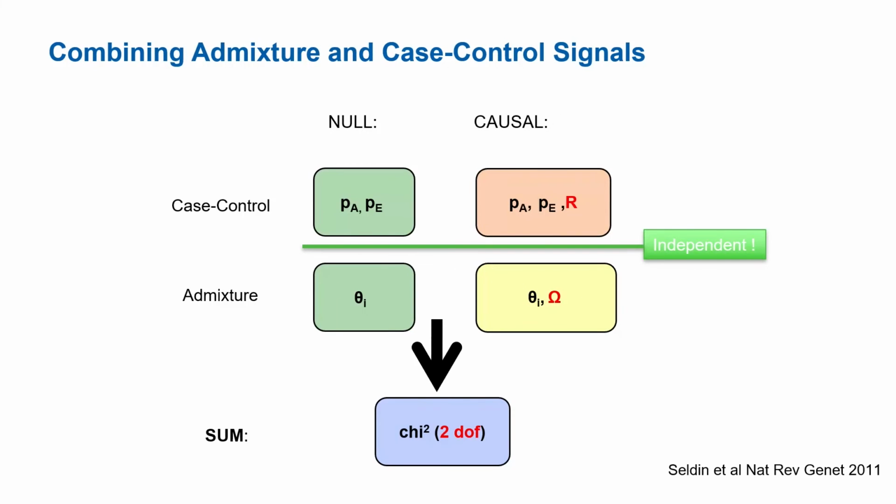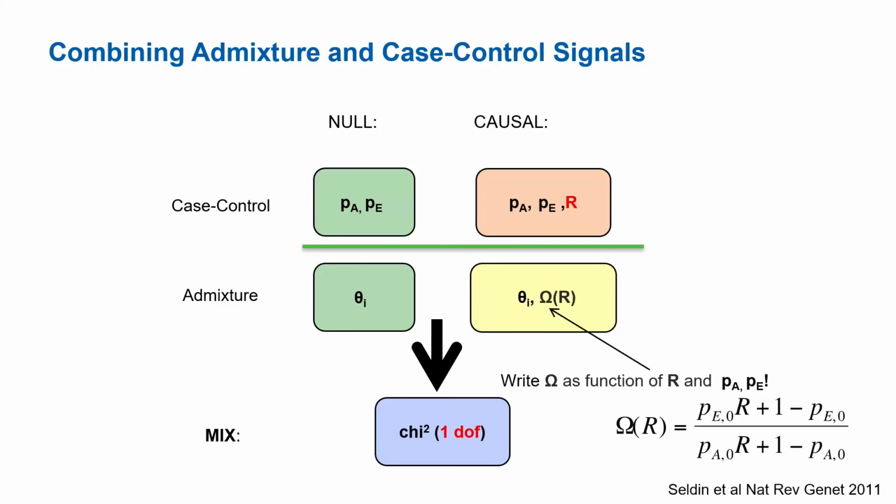Because we uncouple these, now we can start doing something more exciting, or more fun, if you will. Because we uncouple the local ancestry in the first step, in the case control study, we can essentially add the local likelihoods together, and we can mathematically show that these are independent. This could be a way where we can sum the effect of the association with the effect of the admixture, and we pay the penalty of a 2 degree of freedom test, but now we're essentially gaining more insights into how we do admixture or association in a mixed individual.